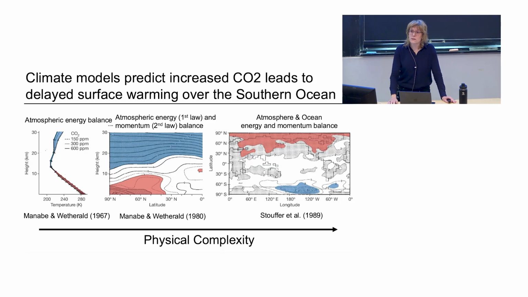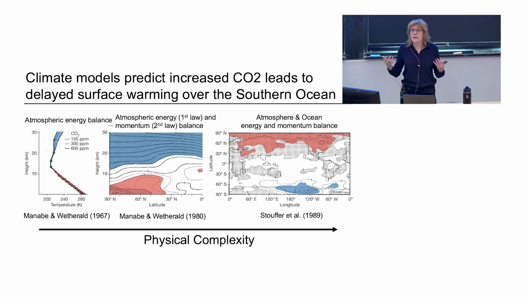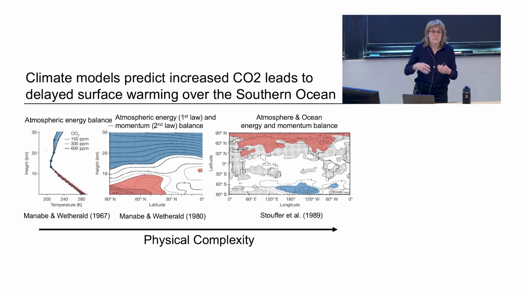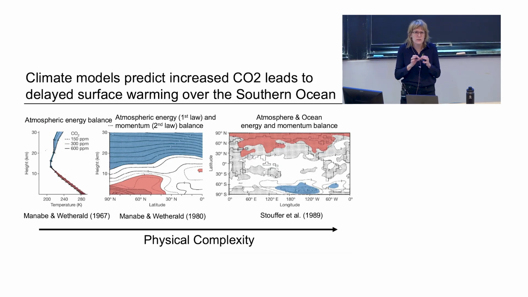So there's two things that are important about the Southern Ocean that they argued was why they were seeing this transient cooling. One is that we shouldn't expect much warming there to begin with, because the Southern Ocean is ocean. Its heat capacity will be higher than the Northern Hemisphere, which has mostly land and therefore a lower heat capacity. So we should expect a delay in the warming of the Southern Hemisphere,